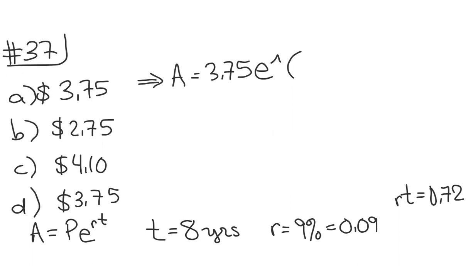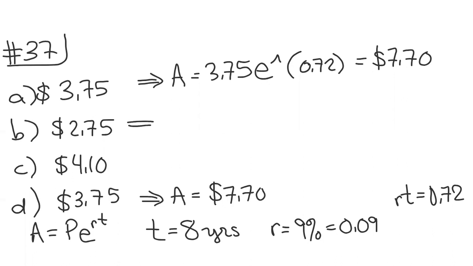So 8 times 0.09 is 0.72. So we're just going to raise each of these to the 0.72. So this is 3.75 times e to the 0.72. And that gives me $7.70, which then for this one is also